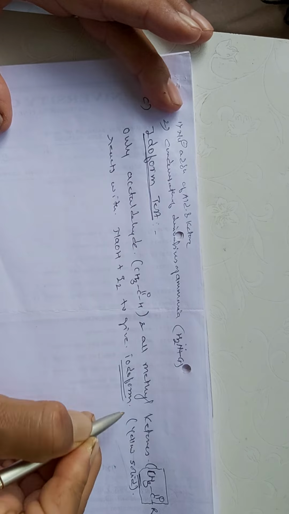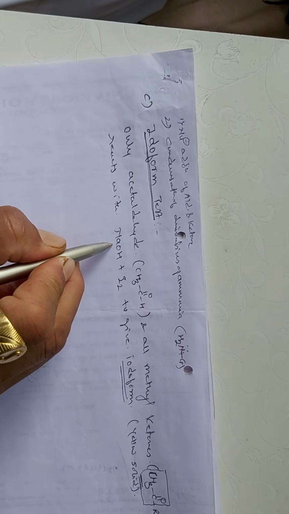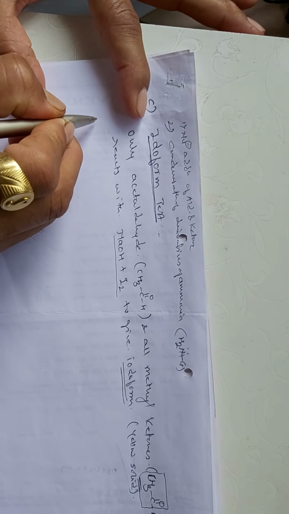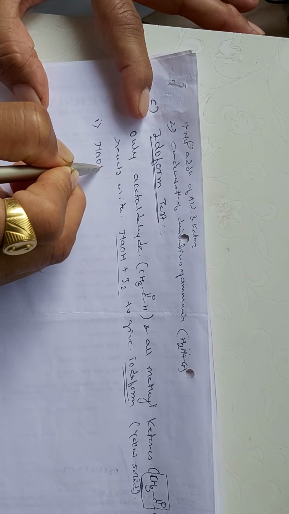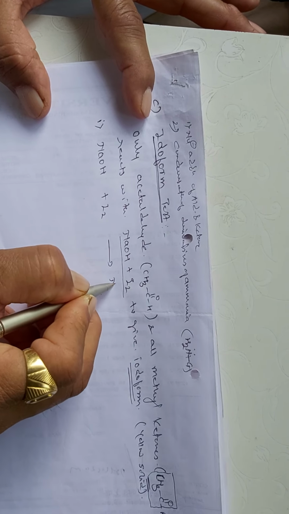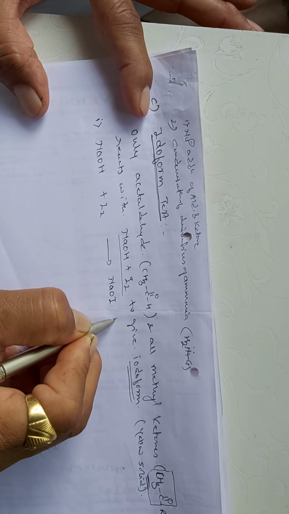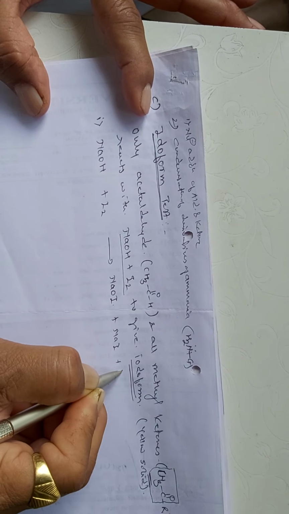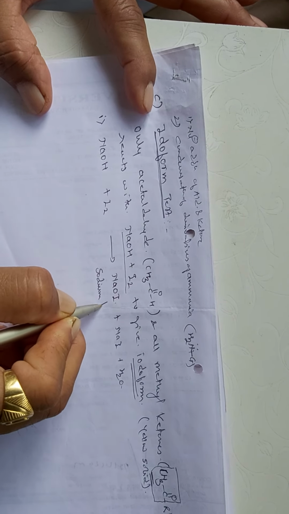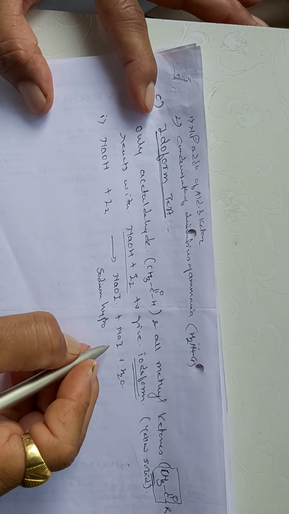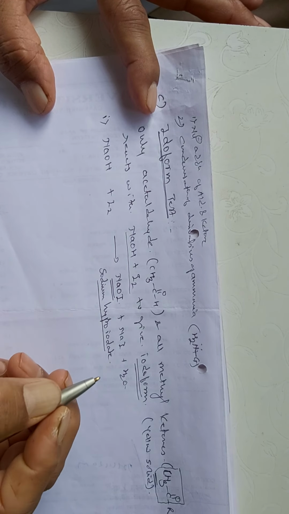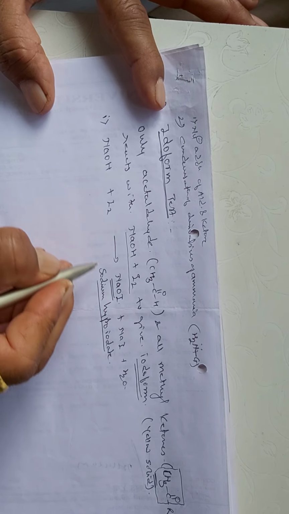This iodoform is obtained using the reagent sodium hydroxide in presence of iodine, and this takes place in two steps. In the first step, when we mix sodium hydroxide with iodine solution, we get the formation of sodium hypoiodite, NaOI, plus NaI and H2O. So this sodium hypoiodite is obtained in this first step.